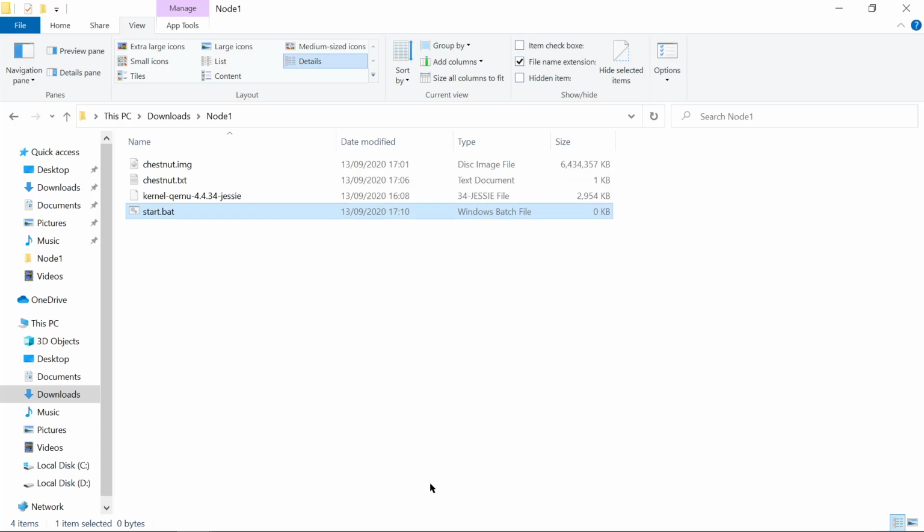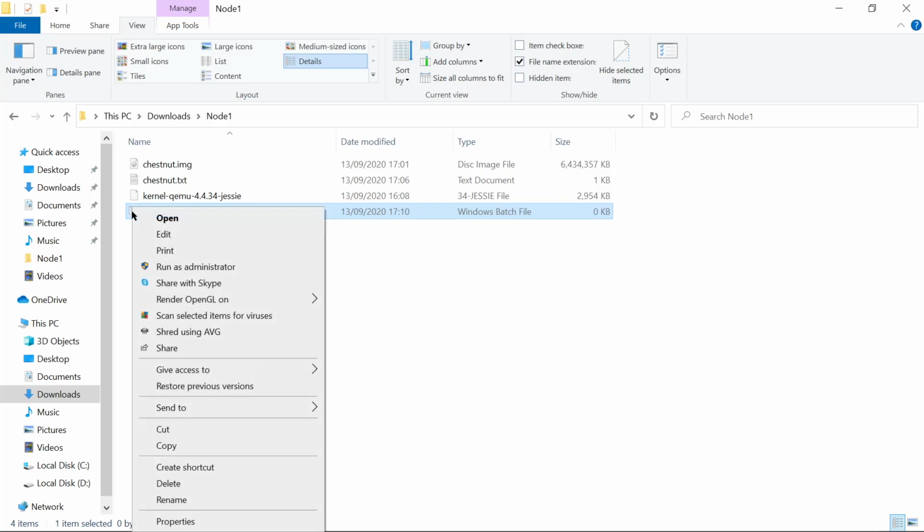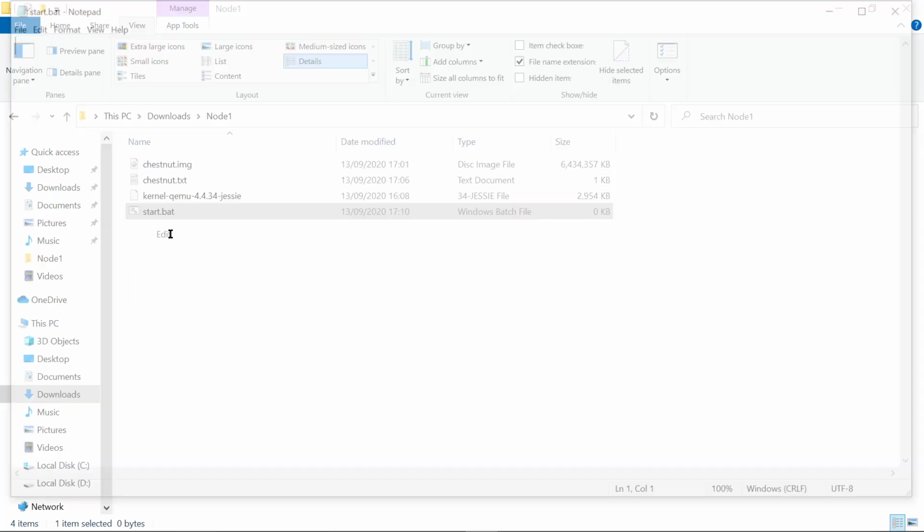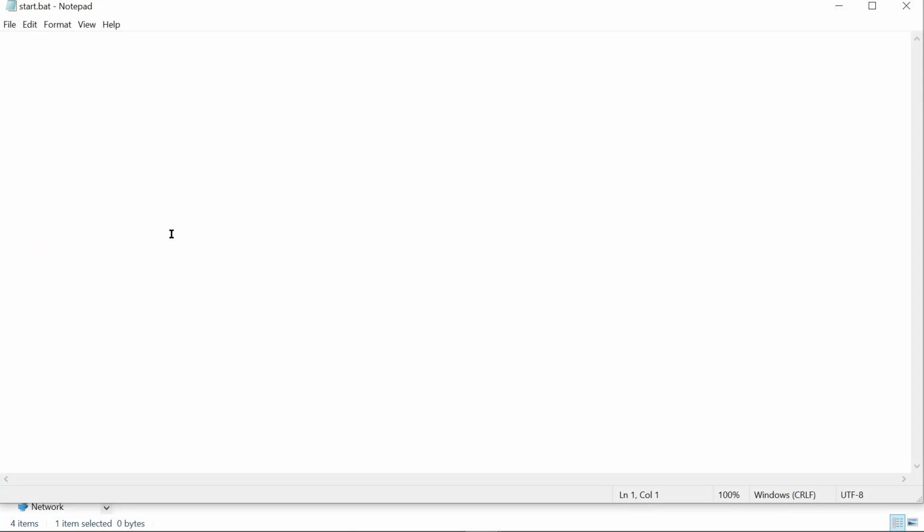Now you've got to be careful, because this is now a batch file, and if you double click on it, it will try to run it because it recognizes the .bat extension. However, what we can do is right click on the file and go to edit, and in here